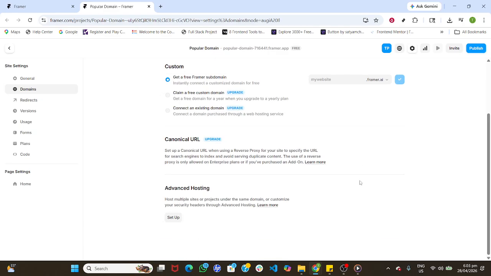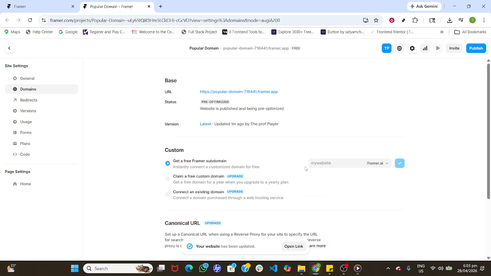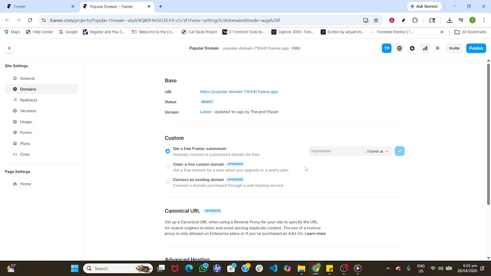If you're using GoDaddy, you'll copy the records Framer provides into your GoDaddy DNS settings, so the domain points to your Framer site. Framer's status panel will update as the connection verifies. When you're ready, click Publish. Publishing ensures your latest build is live and ready to receive traffic on the domain you just added. Give DNS a little time to propagate globally. Then return to the domains page to confirm the status shows as